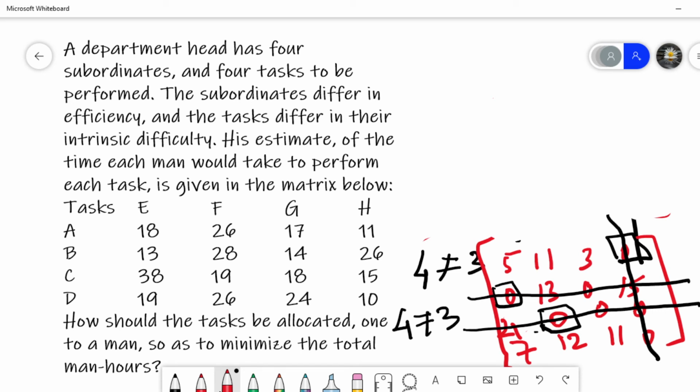So we are going to subtract the 3 from all the undeleted cell values. So 5 minus 3 is 2. 11 minus 3 is 8. Then 3 minus 3 is 0. Then we keep other things the same. Okay, 0. Next 0, 13, 0. So this is the intersection point. 15 and 0 are intersection points.